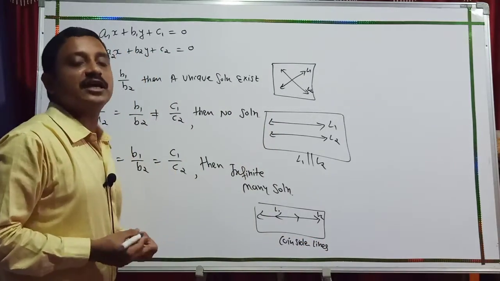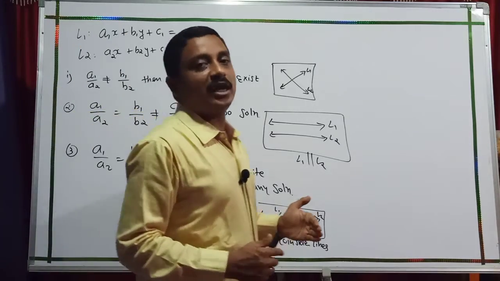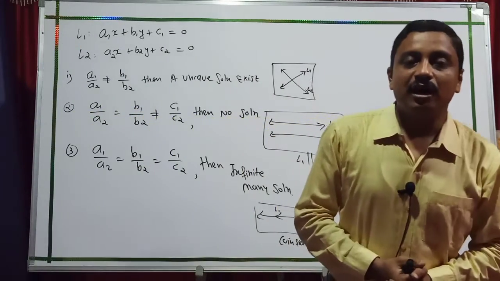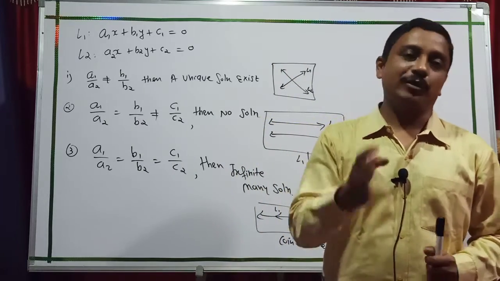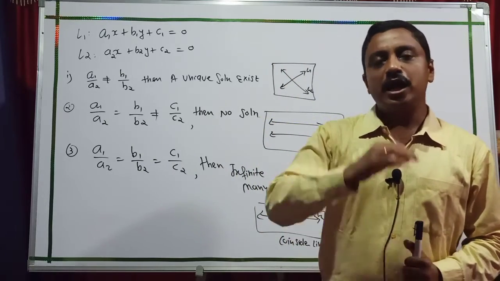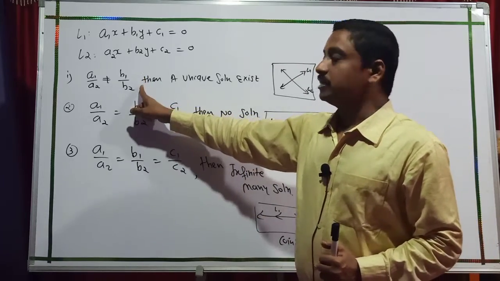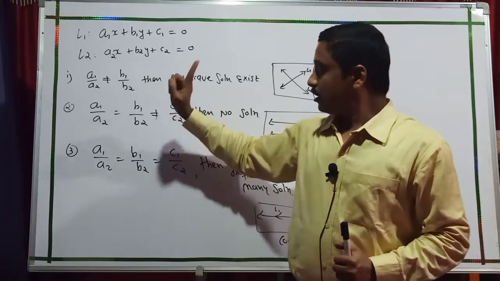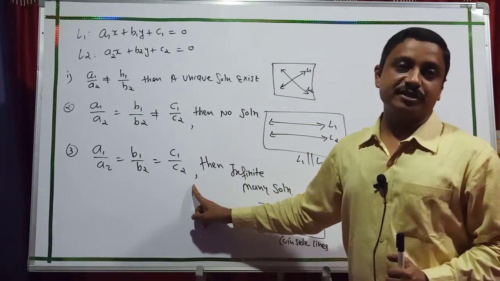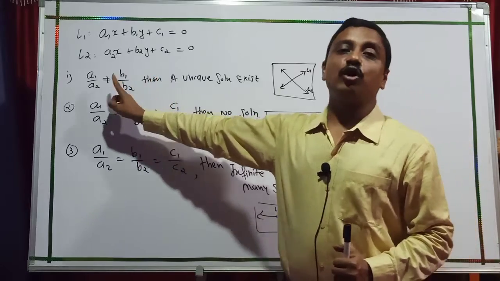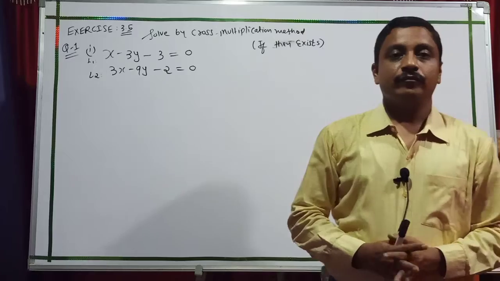And many solutions are available in these cases. So, using these three criteria, now I start our cross multiplication method related short numericals. But students, for any question given on cross multiplication, you must first check this case, and after that check the next case. You must first check whether they are equal or not. Okay, now I start our numericals.